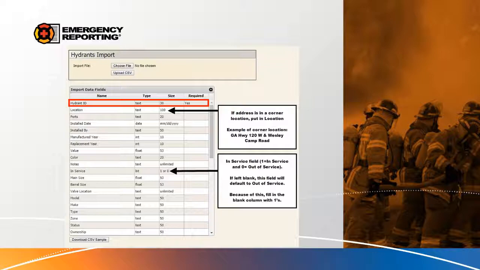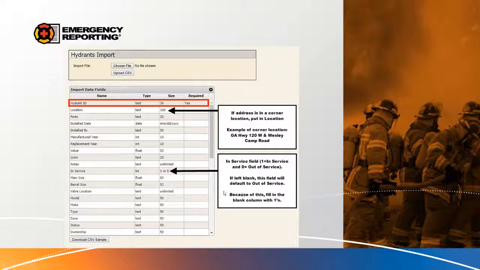because we do get some customers that try to import their hydrant data and it comes back with an error and they're kind of unsure what it is, and it usually tends to be the in-service fields. It doesn't say it's required, yet a lot of times it gives us an error if there's not data in that field, or if the data given is not what it's looking for. So for example, when you put a value in for in-service, it's looking for a 1 or a 0. 1 being in service and 0 being out of service. So most customers, they would put in service, which makes sense. But the import tool is looking for a number rather than a text.